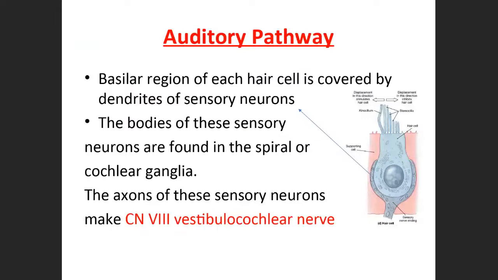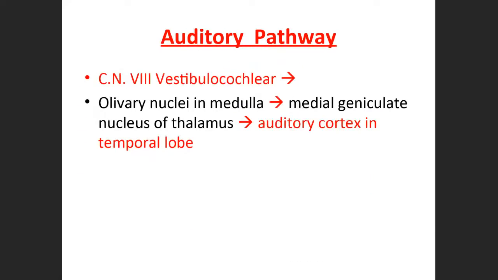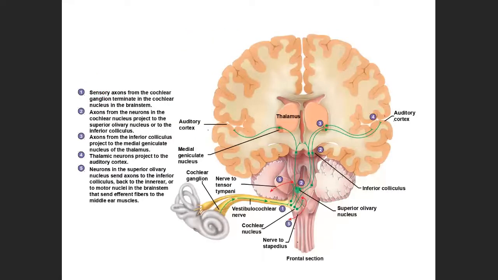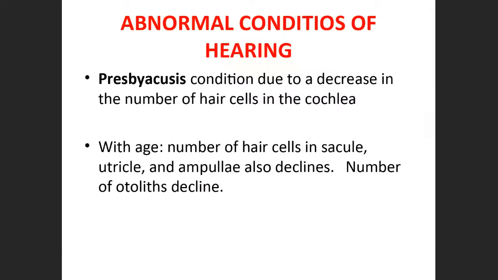Okay, auditory pathways, we're not going to go too much into these. It's just going towards the brain, to the auditory center via the vestibulocochlear nerve. The auditory cortex is in the temporal lobe of the brain. All right, presbycusis is similar to presbyopia. The hair cells become non-functional over years, so we have fewer hair cells, and that causes